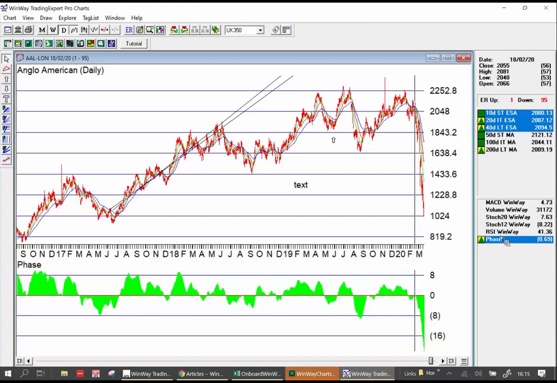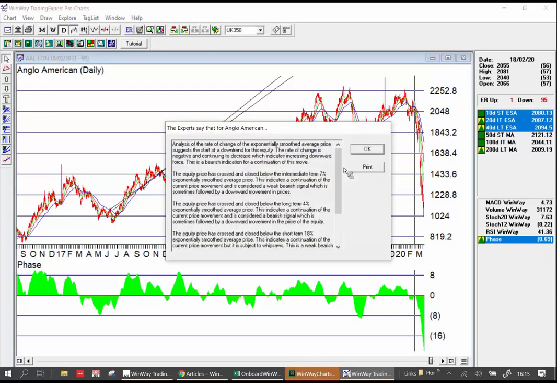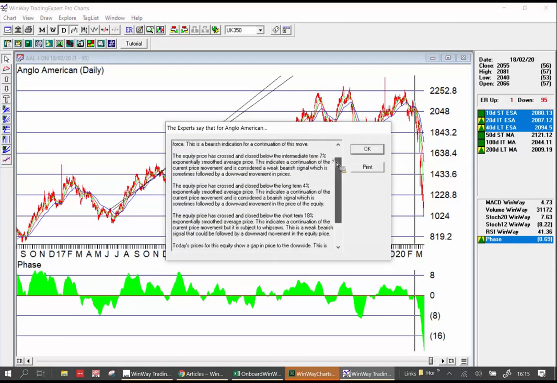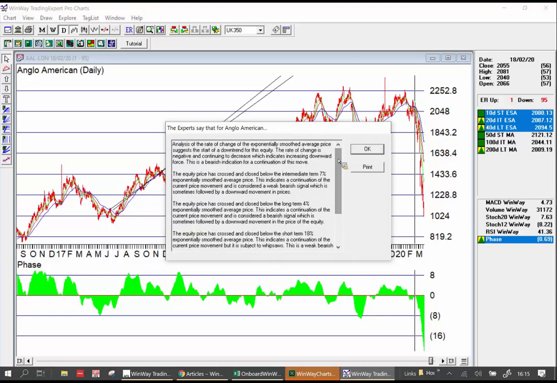How do we know what's going on? Well, there's a very useful tool up here at the top called ER, the expert rules. And what they do is they show which of these indicators that are part of expert rating have fired. And what do we mean by fired? Well, we mean that they're in such a state that because of their weighting, they have a big impact on the expert rating. So if I could read here, and I don't know how, hopefully everyone can read as well,